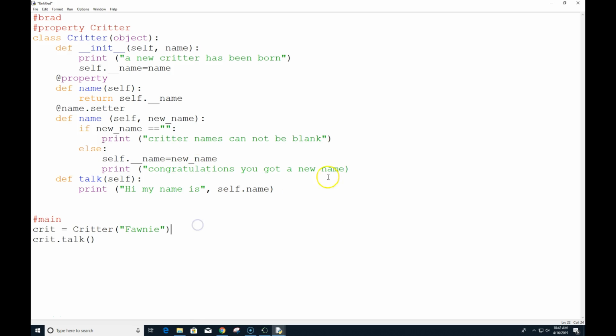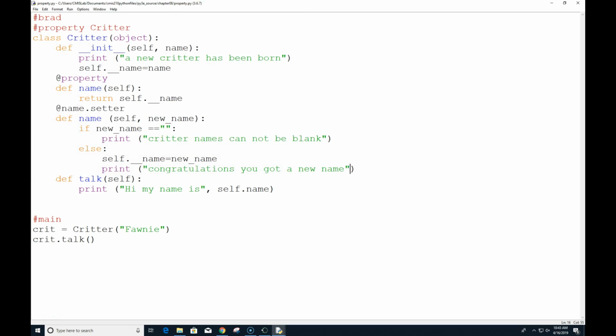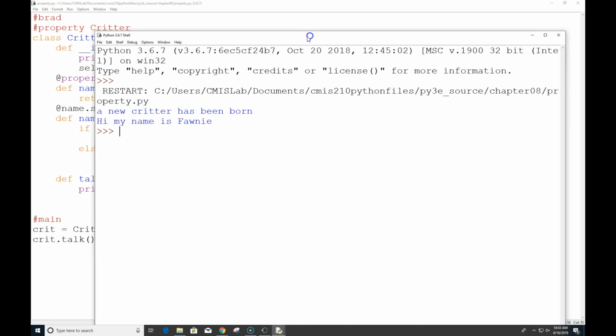Somewhere I'm missing something. Yep, there it is right there. All right. So in this case, a new critter has been born. Again, we created an instantiator constructor and we made it run and said, "hi, my name is Fauna."